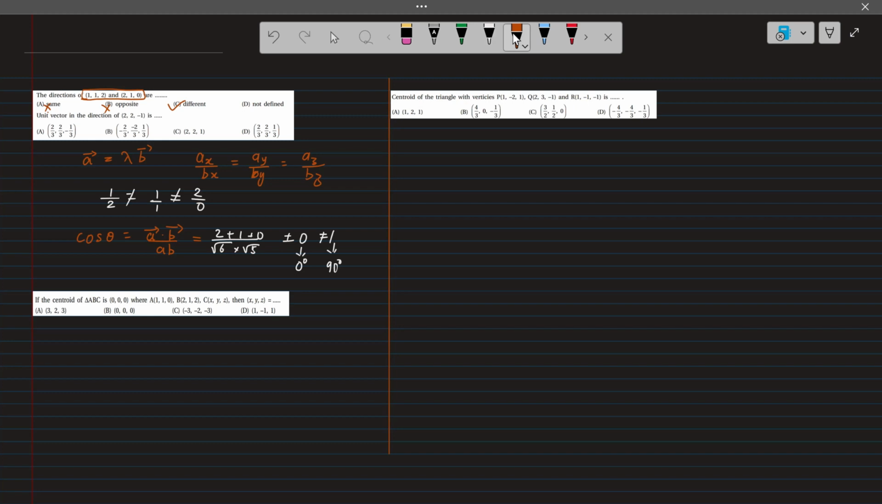Unit vector in the direction of... To find the unit vector,